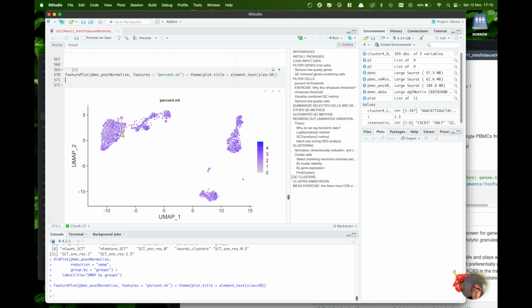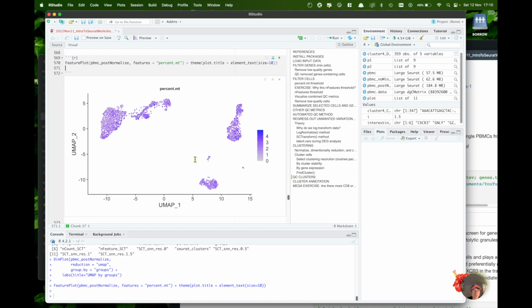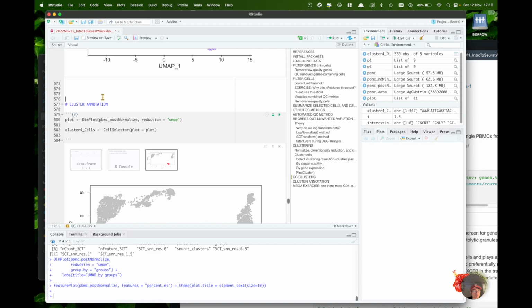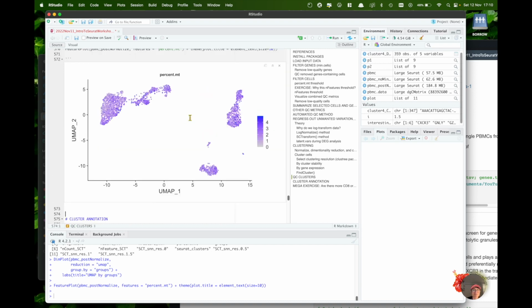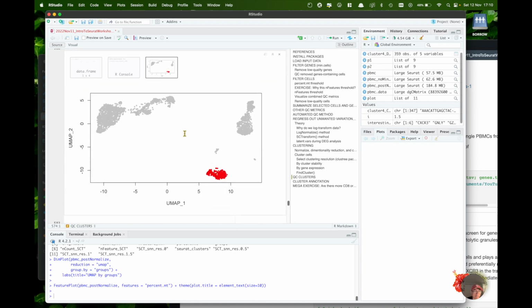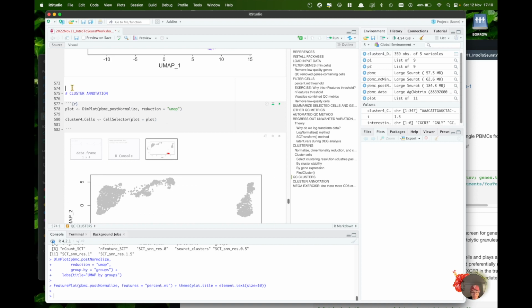You can see that the percent.mt is well distributed across all of your clusters. There's some cells that have very high percent.mt, but not crazily in that particular cluster set there. So then you don't need to worry about percent.mt. Okay. Now, after you have your cluster, after you QC your cluster, I'm going to quickly go over